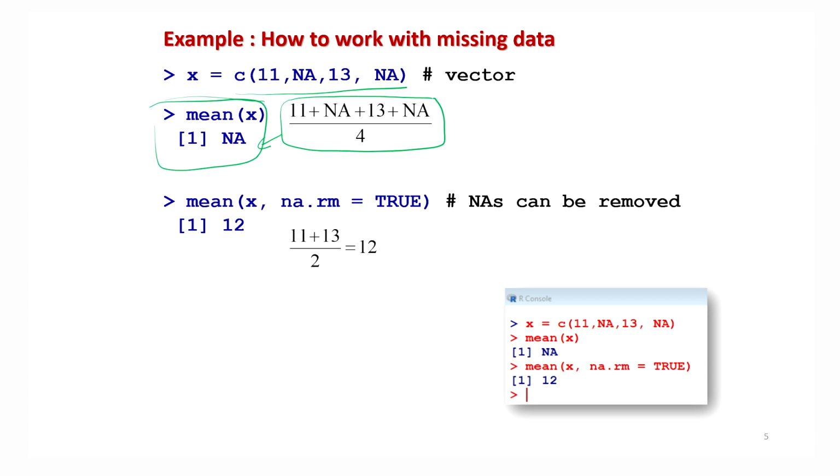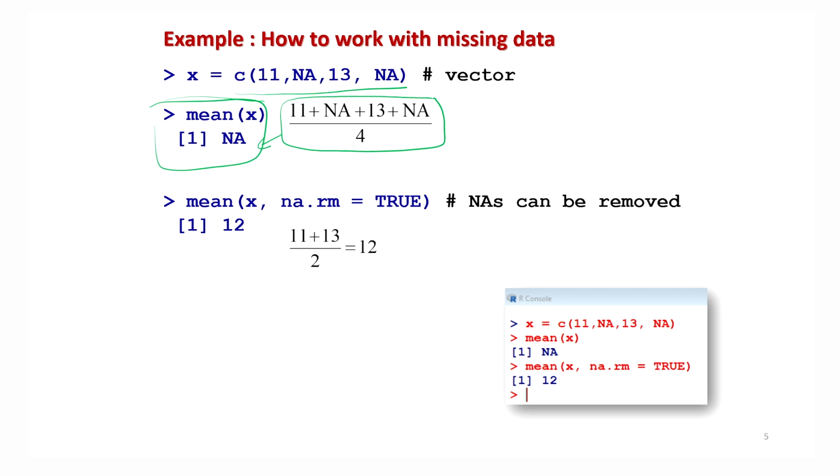But do you think that this is what you want? Certainly not. Because if there is a data vector which has missing values, and you don't know, and you compute their mean, it is going to give you the value NA, and then it will be used in further steps in the programming, and you will not come to know what is really happening.